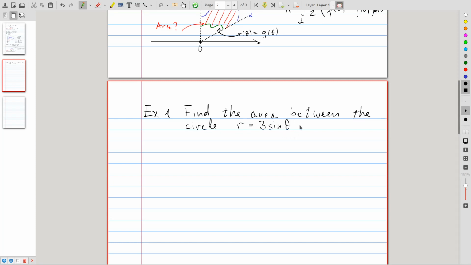So we know this is indeed a circle by an exercise. Remember we discussed that r equals 2 cosine theta was a circle, and I said that you can verify that r equals 4 sine theta is a circle as well, and this is a circle by a similar argument. So find the area between the circle r equals 3 sine of theta, and